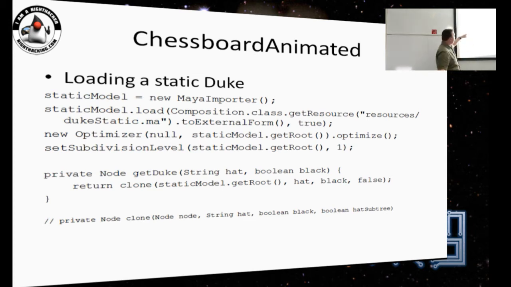Okay, let's go back to this source code. Again, we use the same MayaImporter, and we load our Maya file, which has no animation this time. And then we use the Optimizer class from the 3D viewer project. I'll show you on the next slide what it does, but basically, it removes unnecessary constructions from your 3D objects.